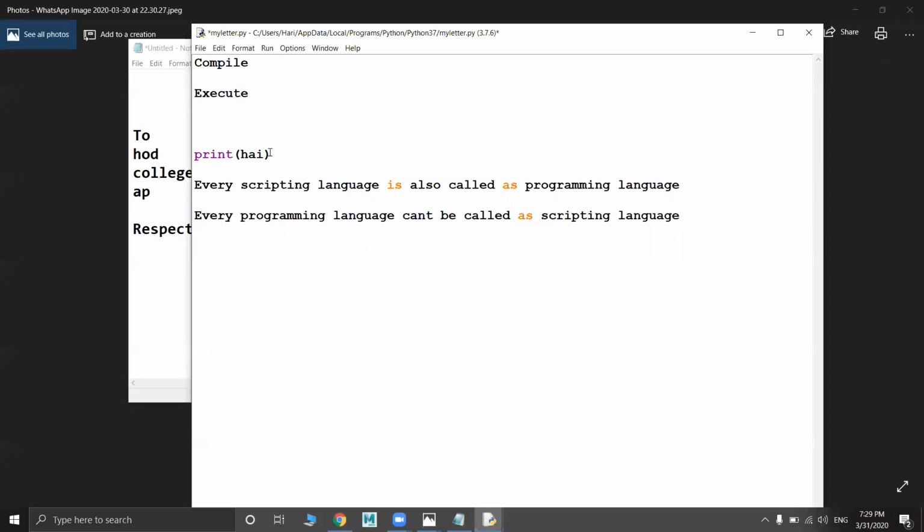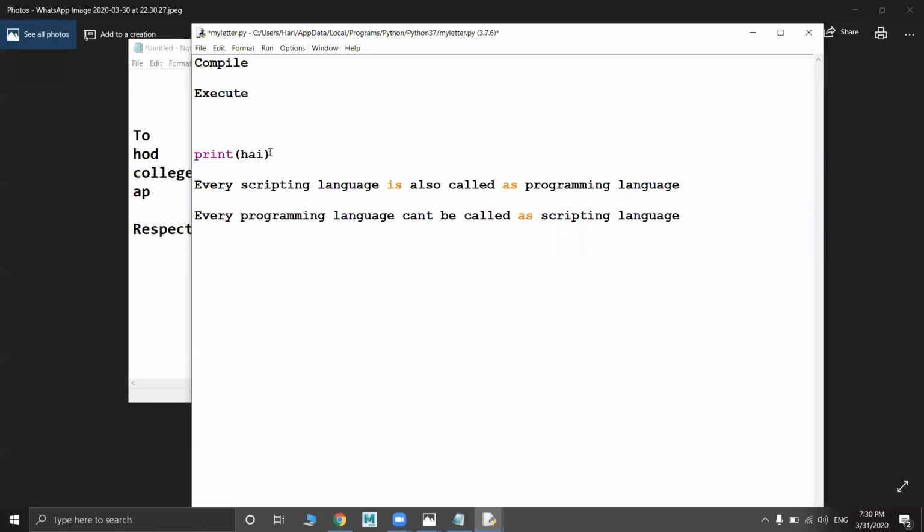Then when you come to the advantage of Python, see, I don't know any seniors, age greater than 28 or 30 years, those people might have seen YouTube around 6 to 7 years back.